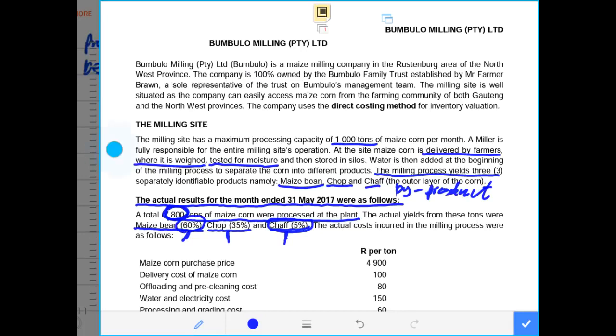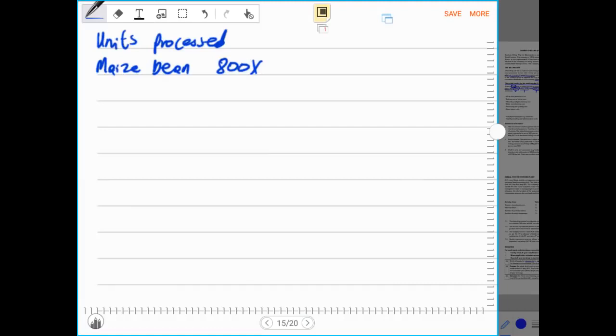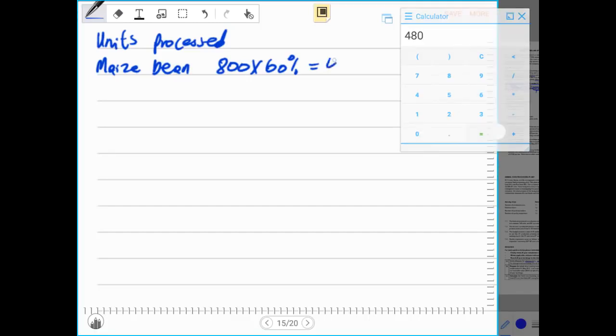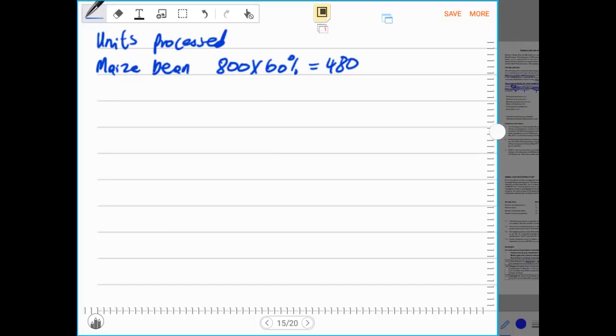Okay, 60% and 35%. We times this by 60% to determine how many units were manufactured from maize bean. 800 units that were processed, times this by 60%, it means 480 units of maize corn were processed out of